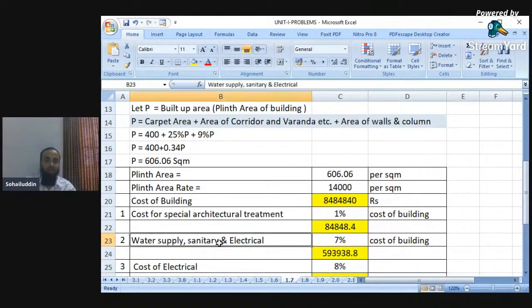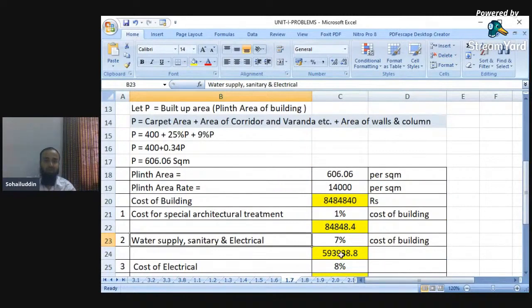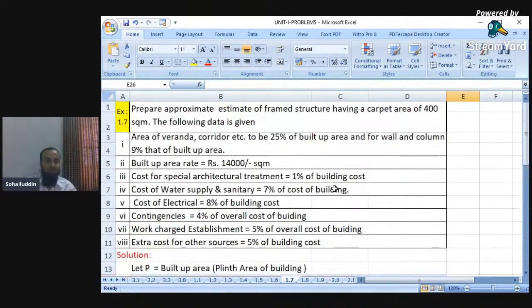The water supply and sanitary will take 7% as usual. 7% of this cost is nothing but 59,305 crores 93,938 rupees. In the same way, the cost of electrification is 8% of the total cost. It comes to about 678787.20. And extra cost, as I have already said, that extra cost in this question has been mentioned